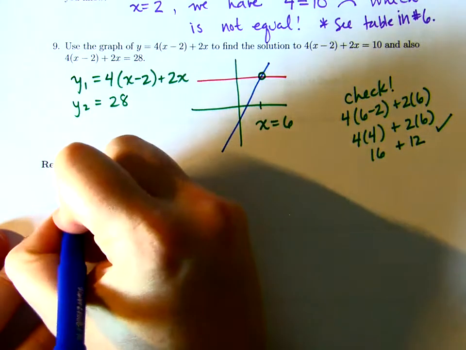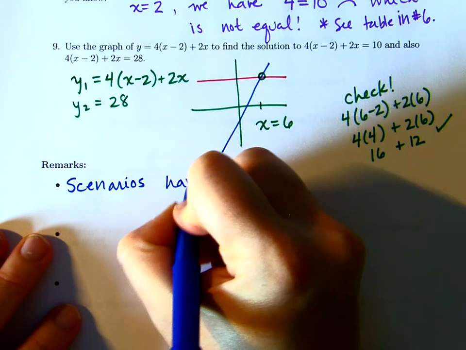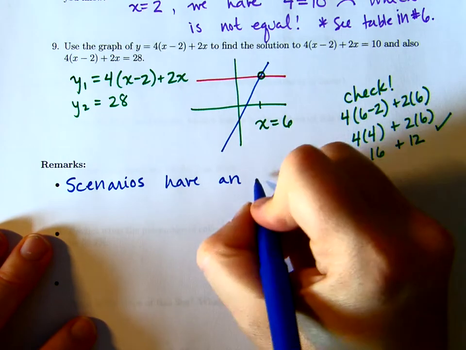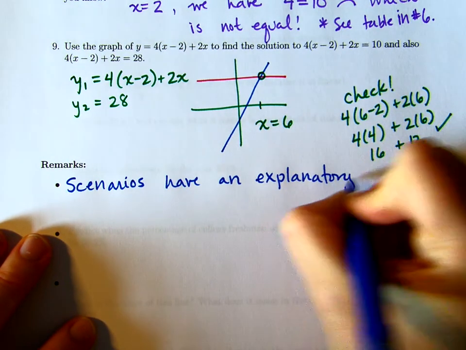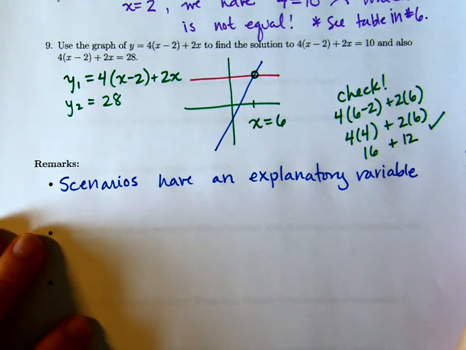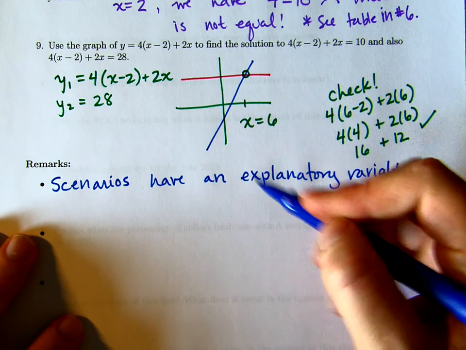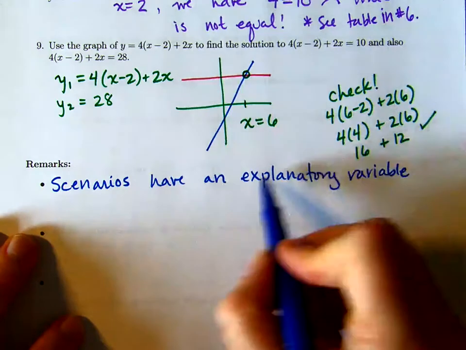So scenarios have an explanatory variable. Usually, okay, sometimes they're related, but we don't know which is explaining which. And by the way, this is sometimes called the independent